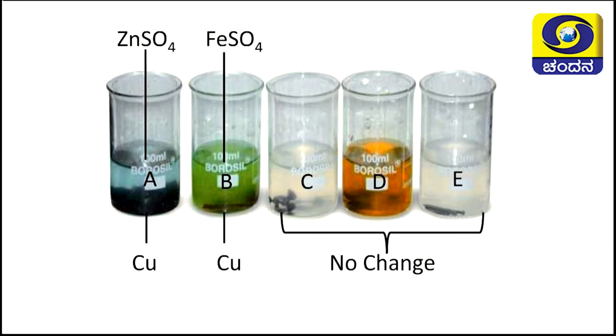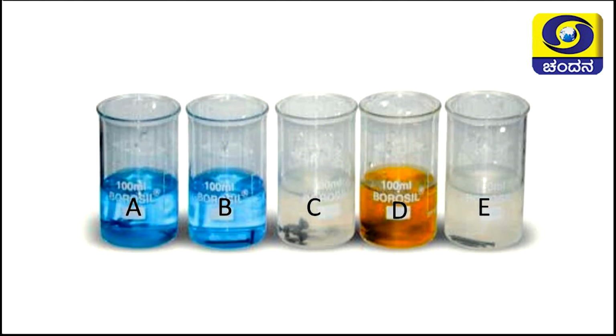So here copper is deposited at the bottom. And in the next beaker, see, the color is green. And you can see at the bottom, that dark or reddish color is copper. First we have taken copper sulfate and zinc is added in this one. When you add zinc into the copper sulfate solution, zinc is going to displace copper and it forms zinc sulfate. So the first color was blue.